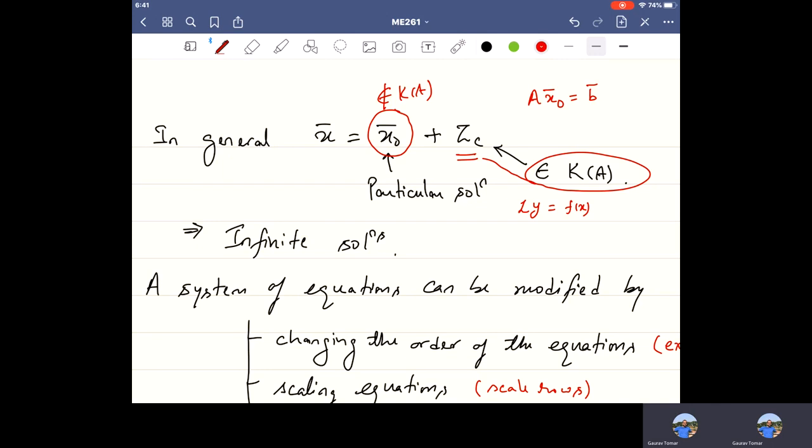Then we say that if we can find a solution to the homogeneous equation, that means the null space of this operator L, and if we can find a particular solution which is f of x,